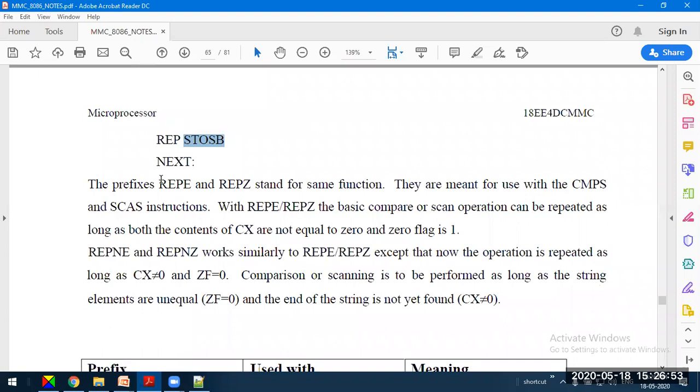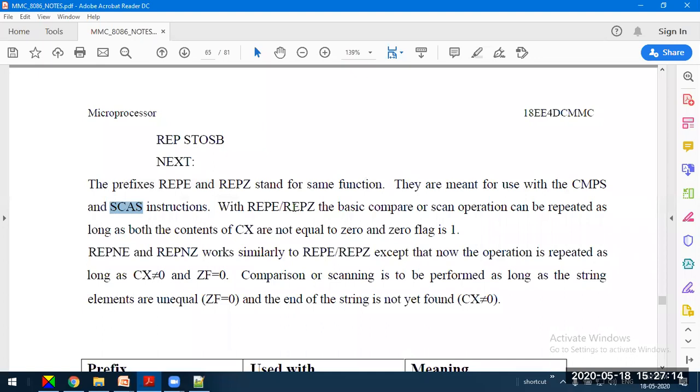So the prefix REP has different possibilities. REP and REPZ stand for the same function; they do the same job. They are meant for use with the compare instruction and SCAS instructions. We'll discuss SCAS at a later stage.